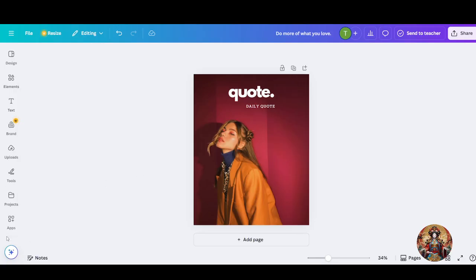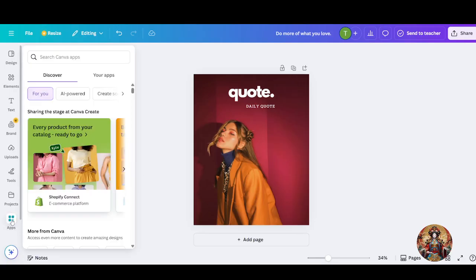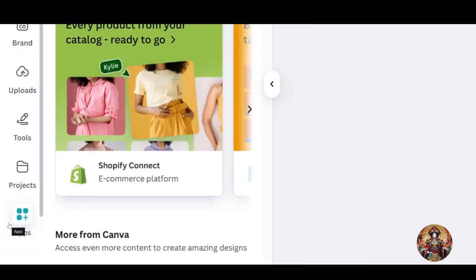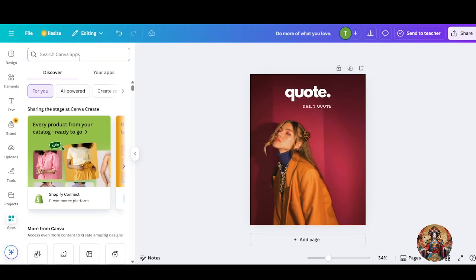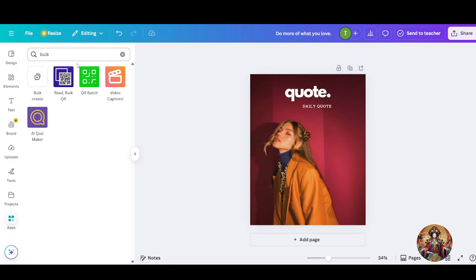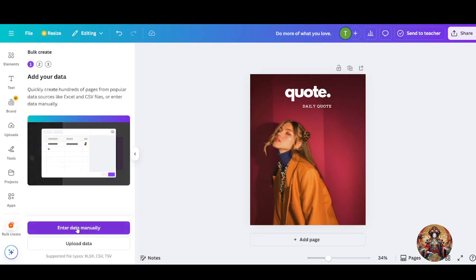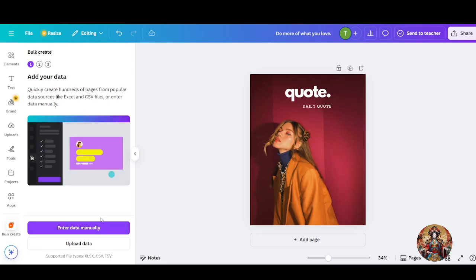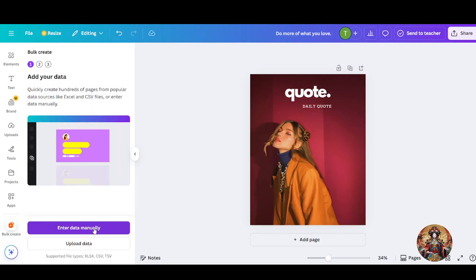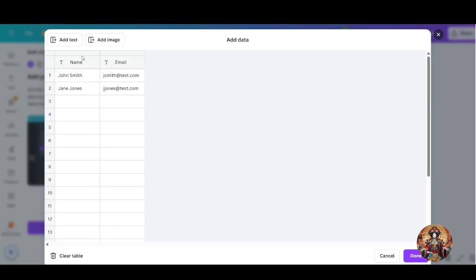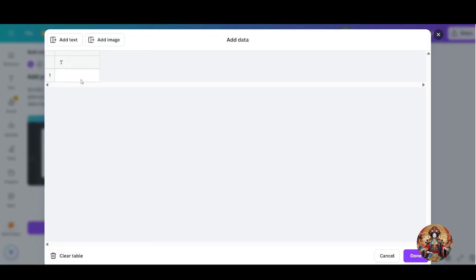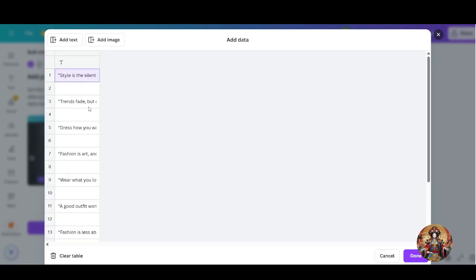And what you have to do is go to Apps at the bottom left, as you can see here. Just click over here and search for bulk. Now as you can see, there is an option called Bulk create. Just click over here. Now you have to add your data manually, so just click on Enter data manually. Now click on Clear table and add